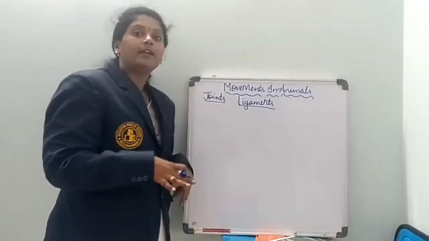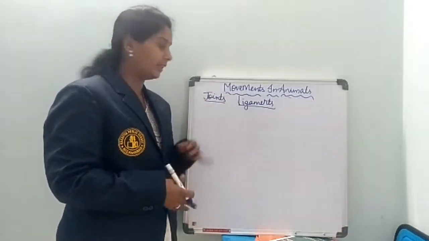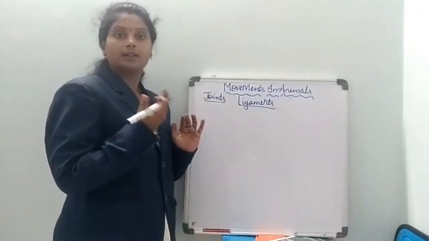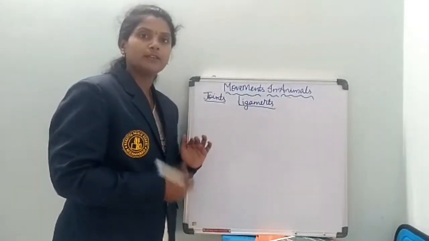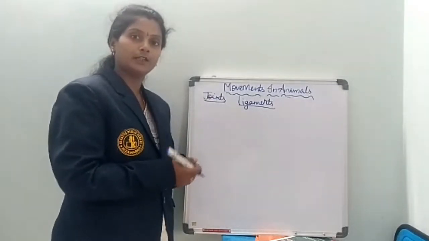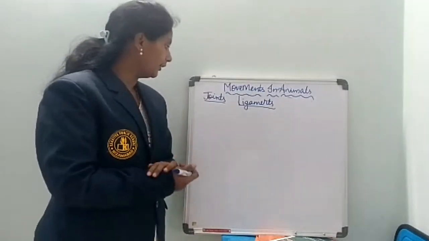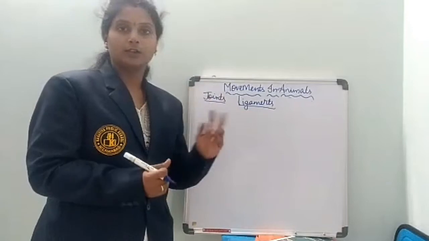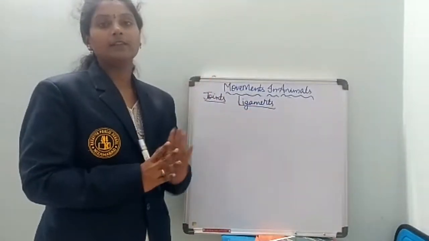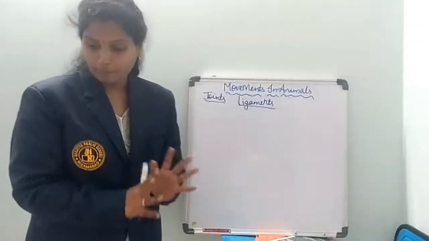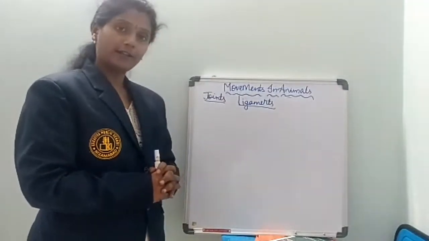In our body, we can see a number of joints, in different places. What are the kinds of joints and how they help in our different body movements, that we are going to see in our class today. Before entering into that, I told you that two bones are joined together with the help of ligaments. Ligaments help to join the bones. Now, we will be seeing different types of joints.